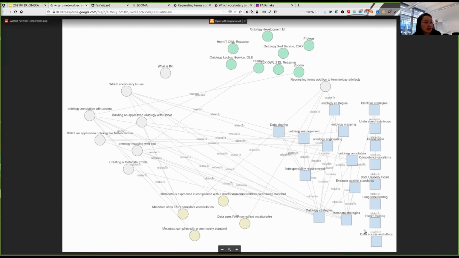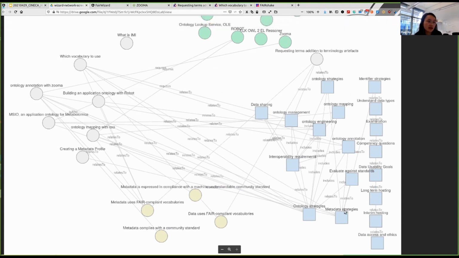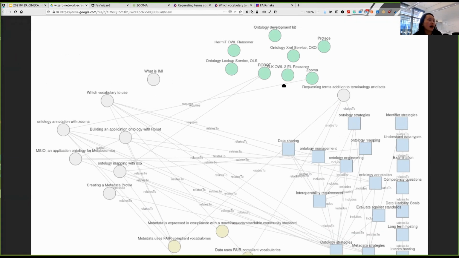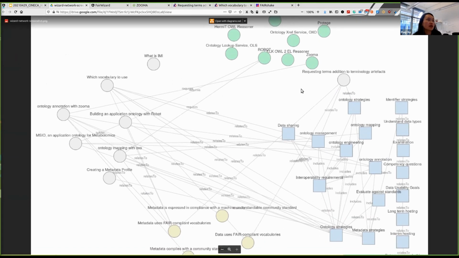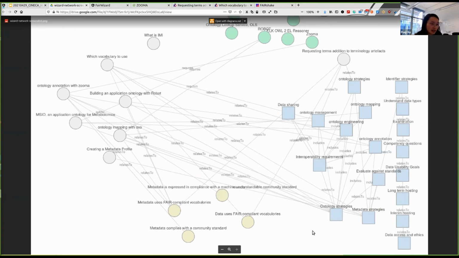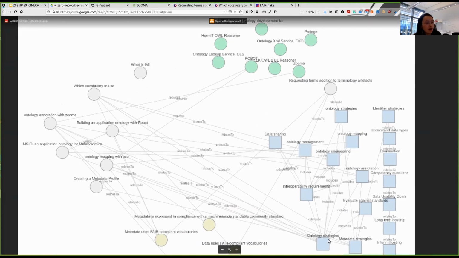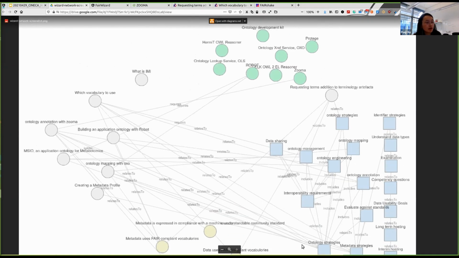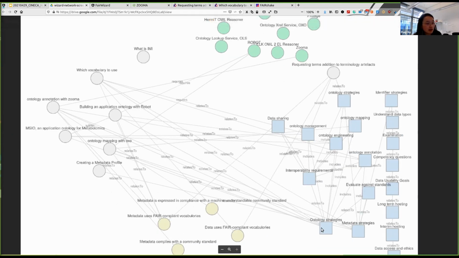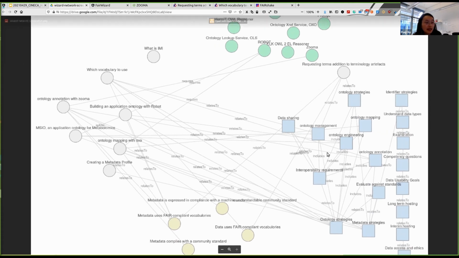The blue boxes here are about verification process, what process is relevant to your solution. And the green dots here are about tools, what softwares can be used for your purpose. The gray dots here are recipes which can be used, and the yellow ones are indicators. Here you can see a zoomed in version of this verification process. For example, from this ontology strategy box at the bottom of the screen, you can see it includes